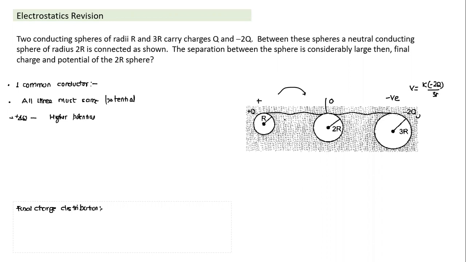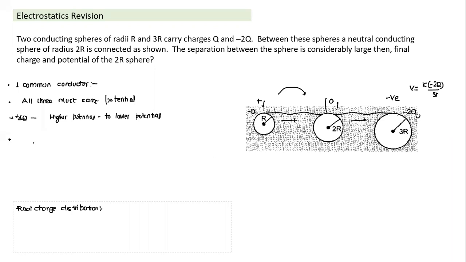So how would the charge flow? Some charge will flow from here to here, and some charge will flow from here to here. As the charge flows, this potential keeps coming down, this potential keeps rising, and the charge flow continues until they come to the common potential. Charge flows from higher potential to lower potential. That's another way we can understand. There are three ways I'm going to discuss. Higher potential to lower potential, until they come to a common potential. So when they come to common potential, what would the charge distribution be? See, initially they are an isolated system.